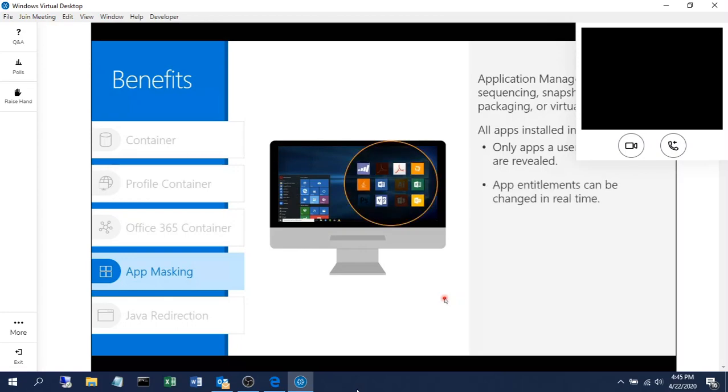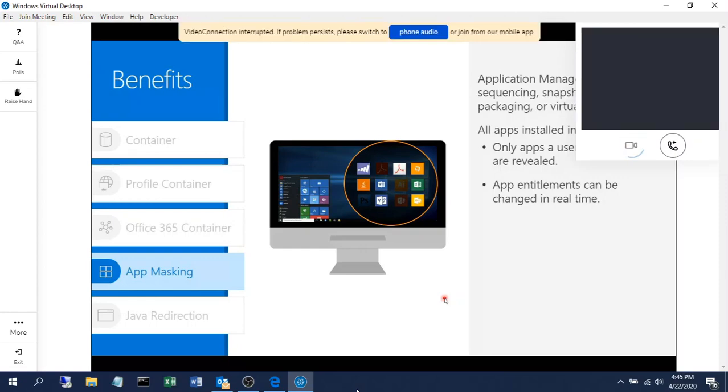App entitlements can be changed in real time. So, for example, you have a user coming up to you and saying that, okay, I need access to this application,